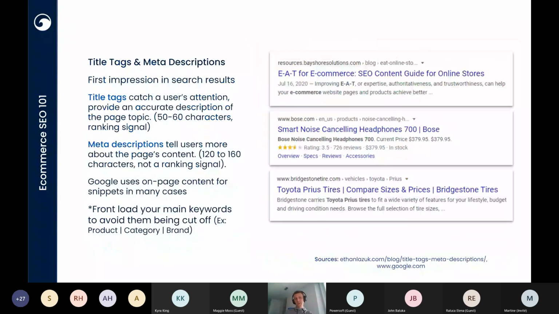Title tags and meta descriptions are another important piece of content. So these are what make your first impression in the search results for your page. Title tags are the blue text that's linked to. These are really meant to, one, catch someone's attention as they're scrolling on the search results page, and two, give them a preview of the topic of the page. Usually they're 50 to 60 characters in length, and they can be a ranking signal putting keywords in there, although